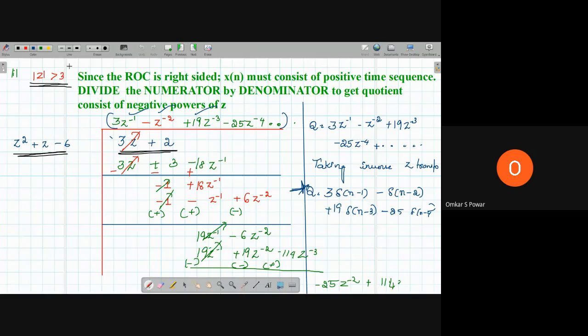For the other case, for mod z less than 2, write it ulta: minus 6 plus z square, and here it is 2 plus 3z. Just the way you write it is different there. Other things are the same. Okay.